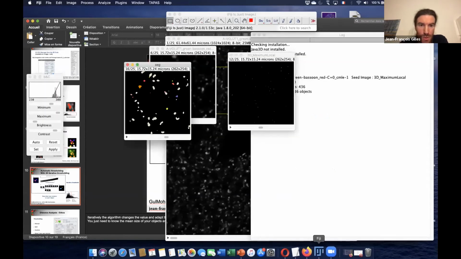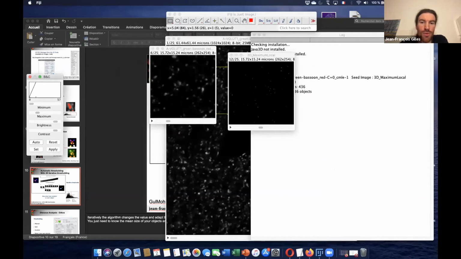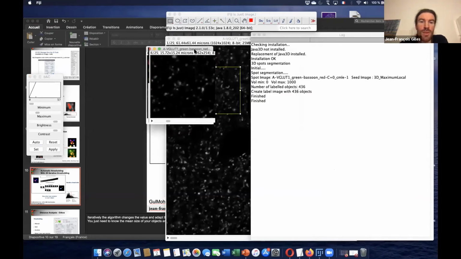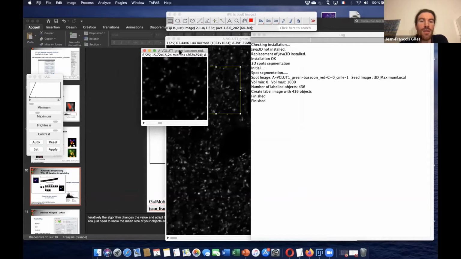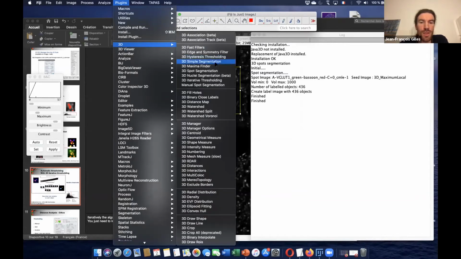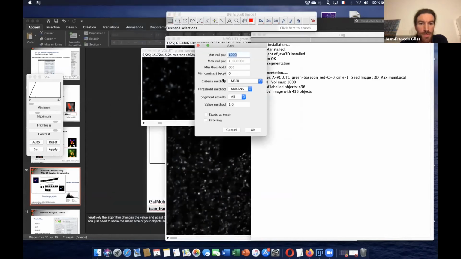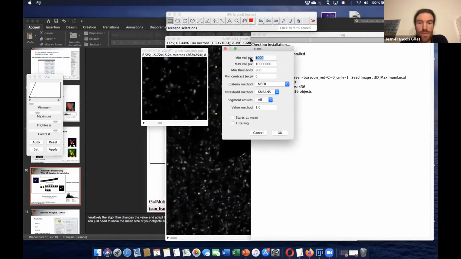So we can try this. Let's take this image again and go to 3D iterative thresholding. You need to know the size of your object. Here they are small.